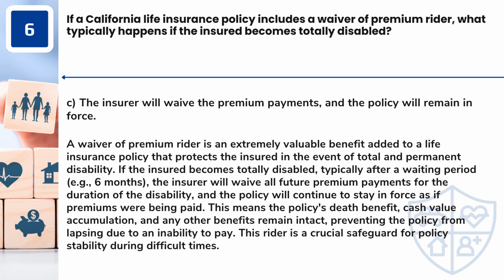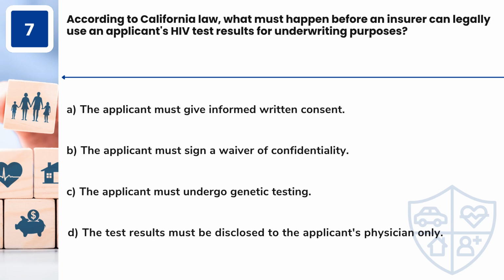were being paid. This means the policy's death benefit, cash value accumulation, and any other benefits remain intact, preventing the policy from lapsing due to an inability to pay. This rider is a crucial safeguard for policy stability during difficult times. Question 7. According to California law, what must happen before an insurer can legally use an applicant's HIV test results